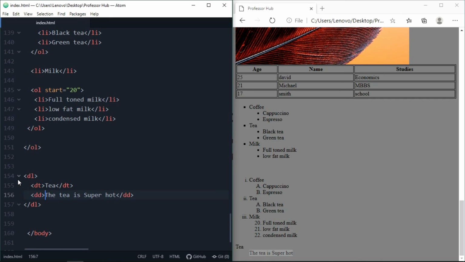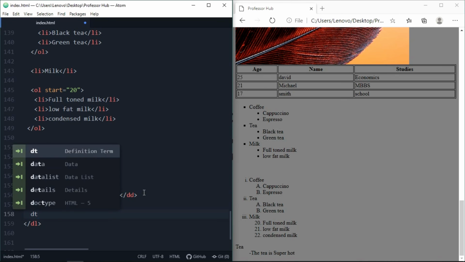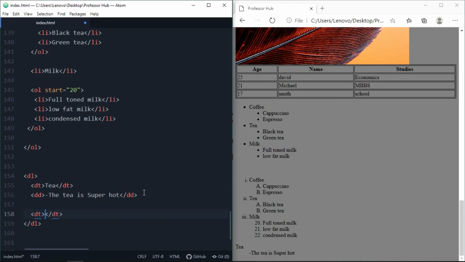Now let's see what changes we're gonna see. Lol, it gets messier. Let's simply add a hyphen here and refresh it now. Okay, I think it's fine now. Let's use another DT here. Let's make it coffee and the description will be